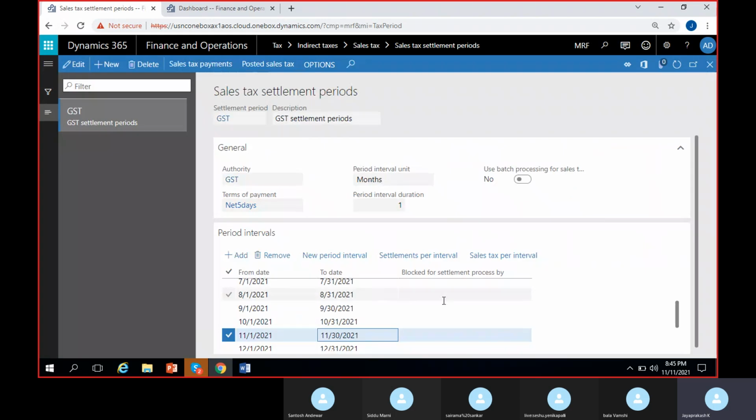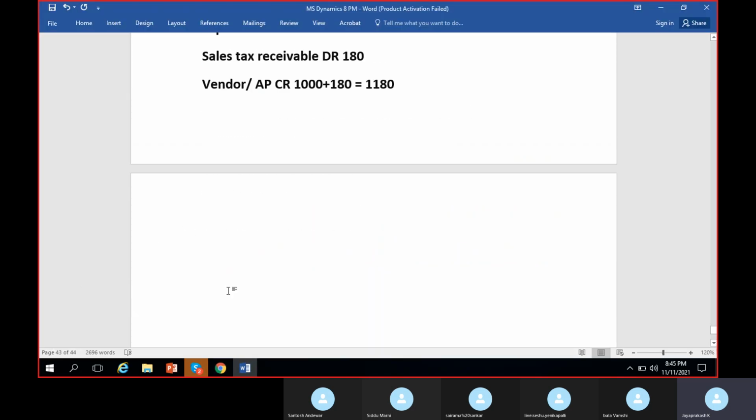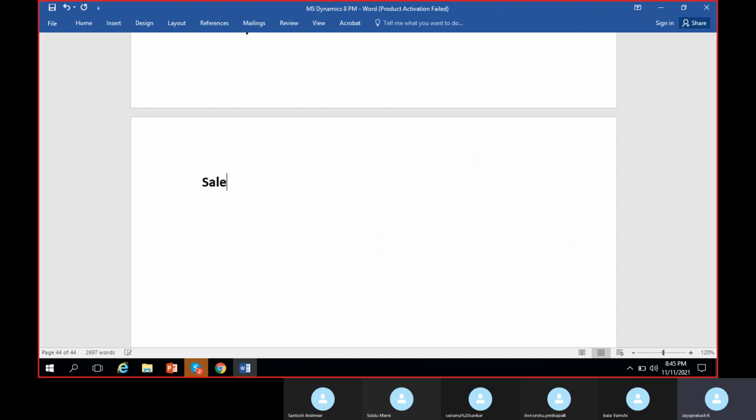Okay. I can make settlement of sales tax to the tax authority. I'll just run the settlement here in the tax module so that the delta amount will be calculated. See here I have sales tax payable and sales tax receivable, both of them posted for a particular period. So if I run the sales tax settlement, what happens is the amount will be differentiated. I mean, how much sales tax payable I have, how much sales tax receivable I have,